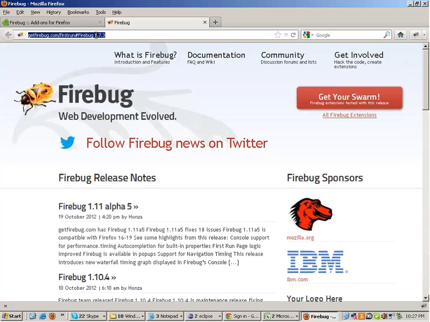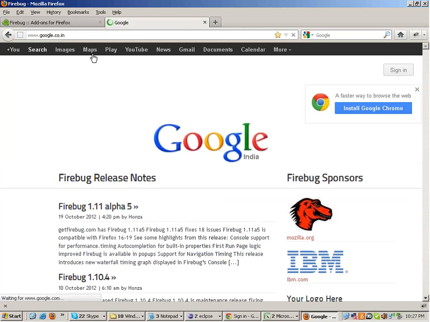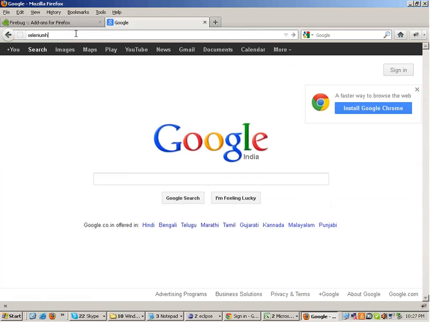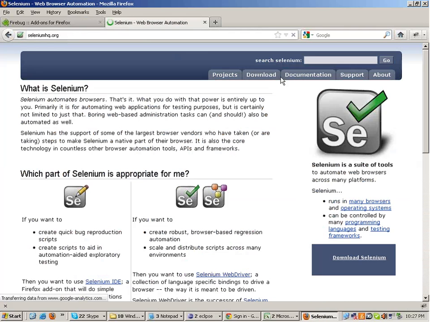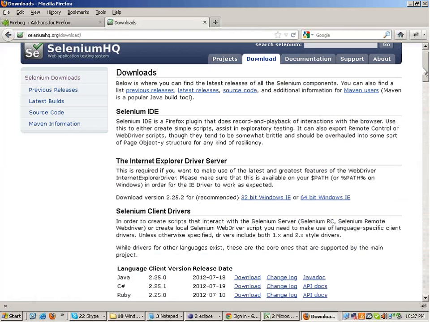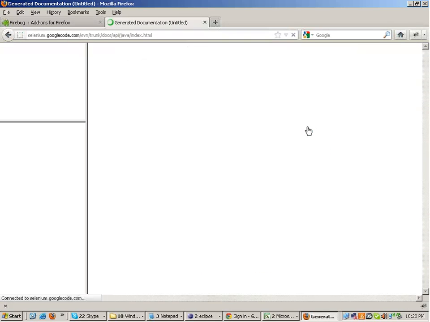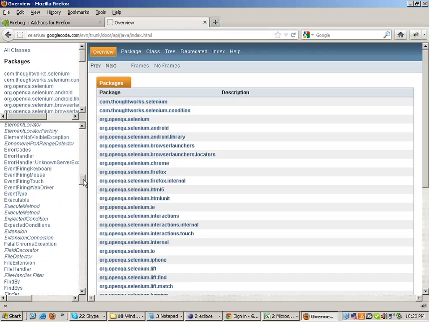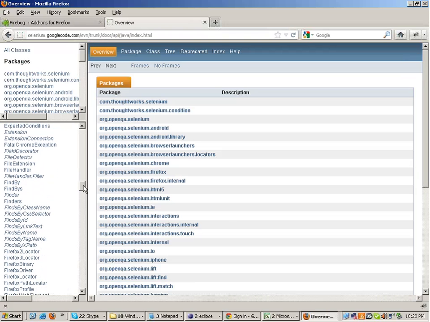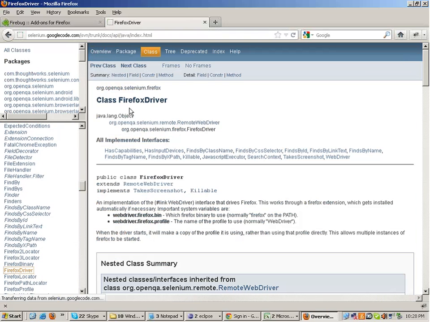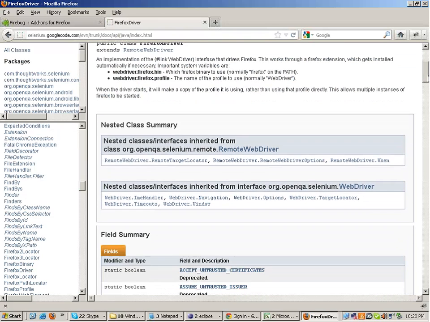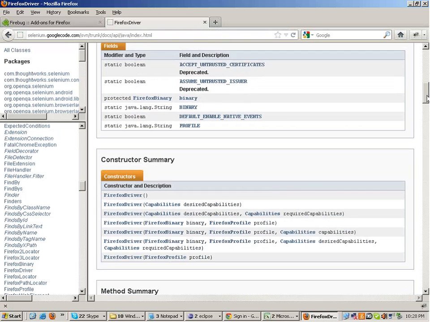If you look at the documentation of Selenium, if you go to seleniumhq.org, and you look at the Java docs, if you look at the class FirefoxDriver, you will observe that in the constructor summary, these are all the constructors.